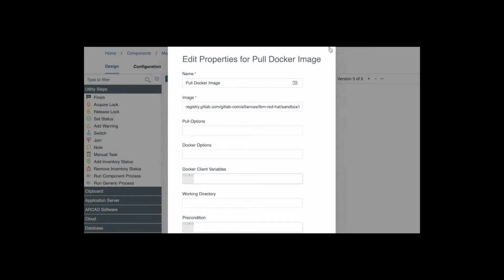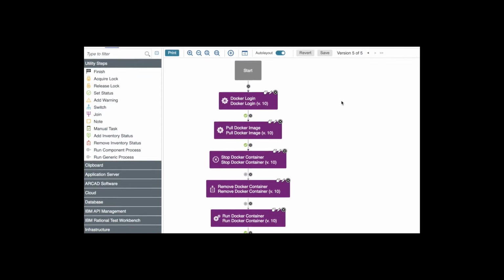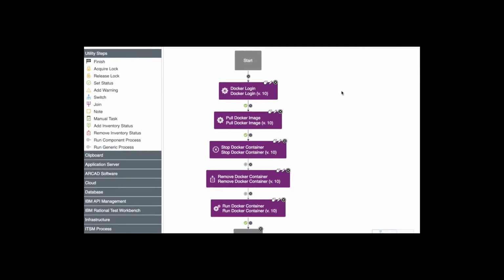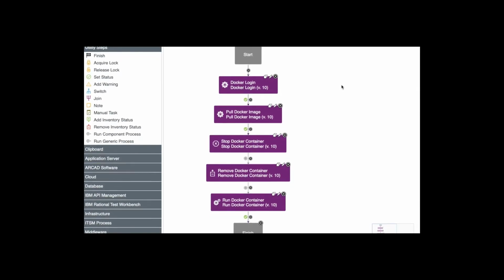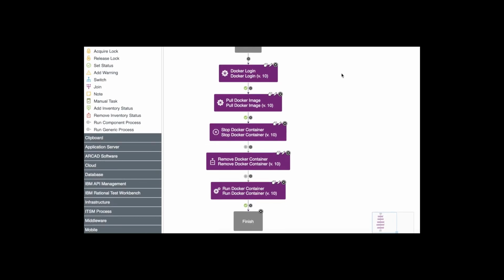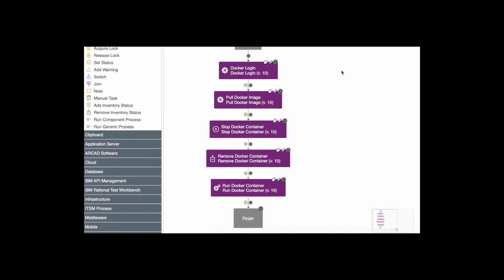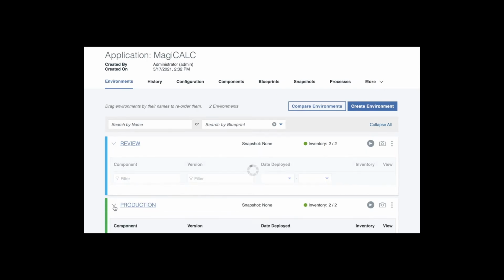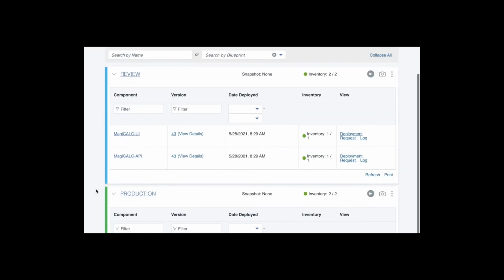We also want to stop and remove any existing Docker images from previous deployments, and then be sure to run our newest container, and this is based on the freshly pulled image. Since the front end and the back end are stored as containers, the process for both is pretty much the same. We can create processes for both of our environments, review and production, and the only difference is how we've